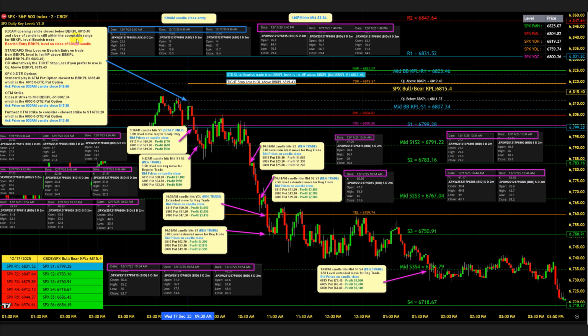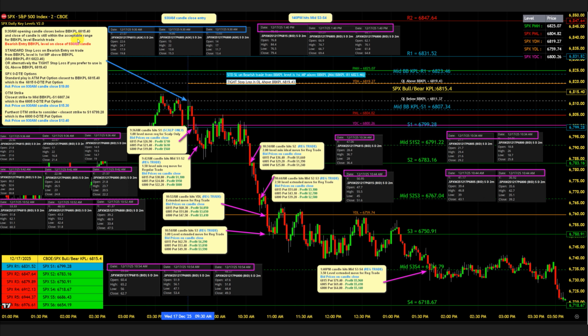As noted here, it is still within the acceptable range. The acceptable range is one of those videos that's available on the Google Drive link. There's also an accompanying PDF document that goes along with that video, where we talk about the acceptable range of 9:30 a.m. opening candles closing above or below the bull bear key price level, and that acceptable range also applies to taking trades off of any of the other main key levels, specifically the R1 through R6 levels, or taking trades off of the